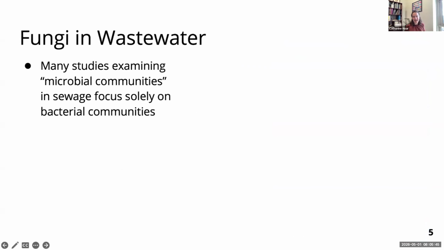In fact, if we look at studies that are looking to characterize the sewage microbiome, the focus is generally on bacteria, right? So when a paper says microbial communities, a lot of the time that's going to be focusing only on bacterial communities. Certainly we know more about viruses for sure, especially since the pandemic, but we have a much less of a better understanding of the spatial and temporal variations of non-bacterial communities in wastewater treatment and in wastewater